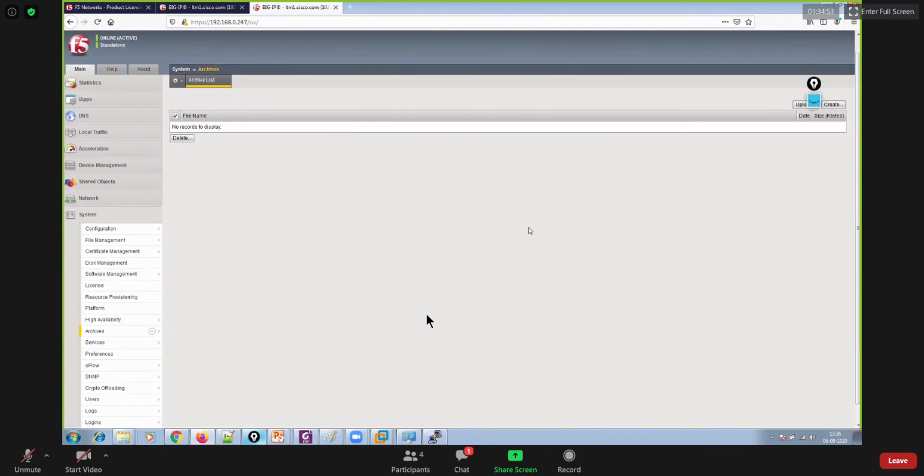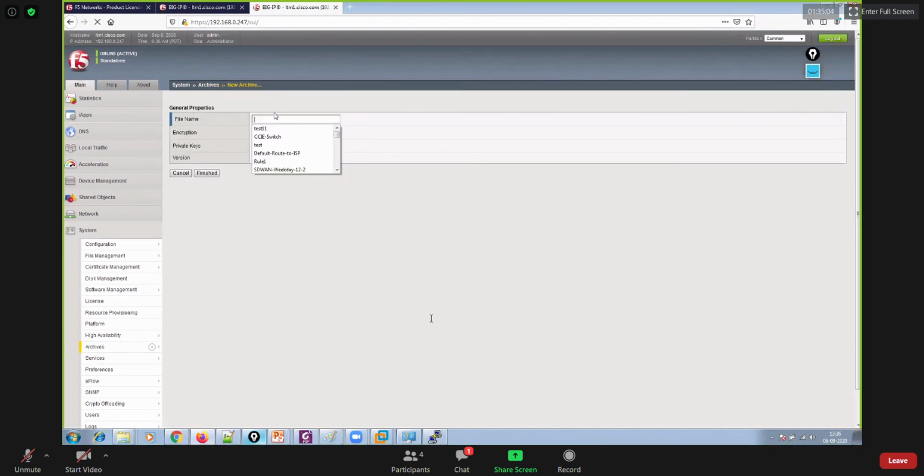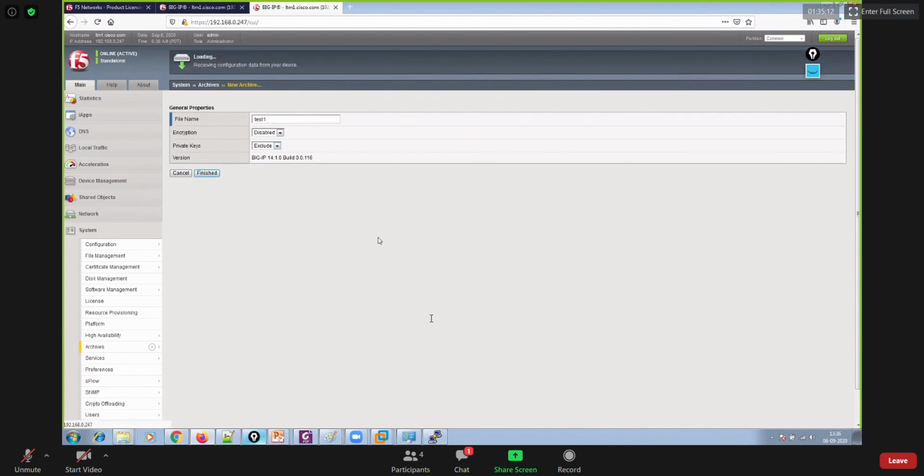Archive is just a method of taking backup of your machine. If I go to archive and then click on create, you can assign some name here, like just one. Encryption disabled, private keys excluded. Finished. So it has taken the backup of your device.